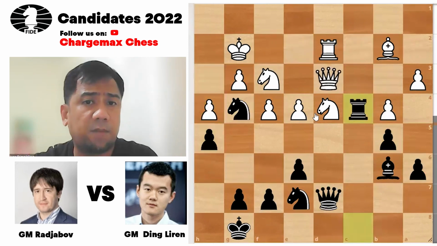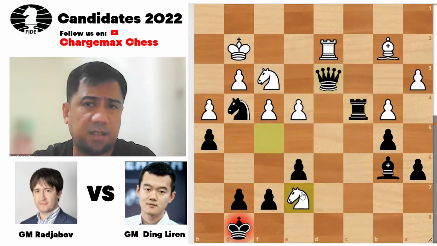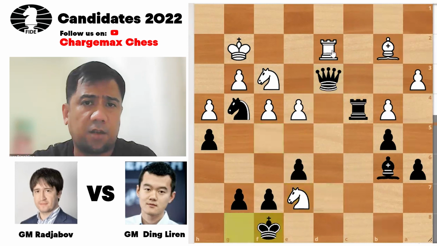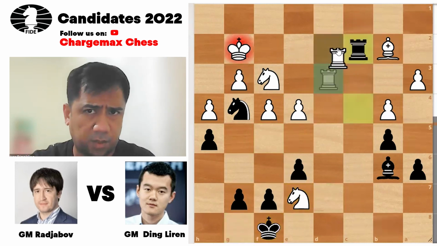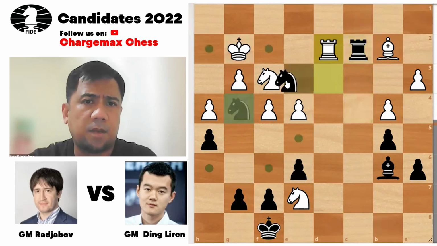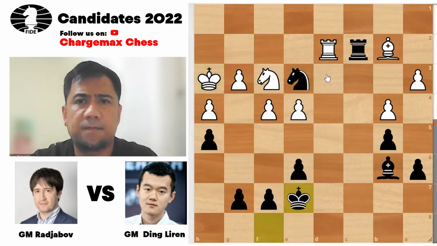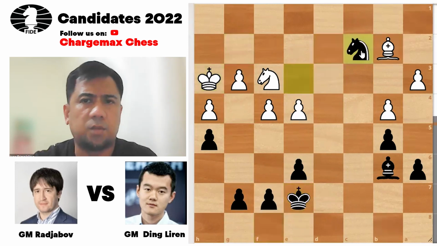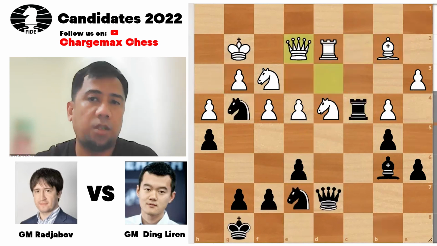Here, Radjabov could have played knight f5 to equalize. Queen takes, knight takes e7, king f8, rook takes d3. And this should be equal because if you play rook c2, there's rook d2. Knight e3, you can go king here, king takes, rook takes e2, knight takes e2 with equality. But queen e2